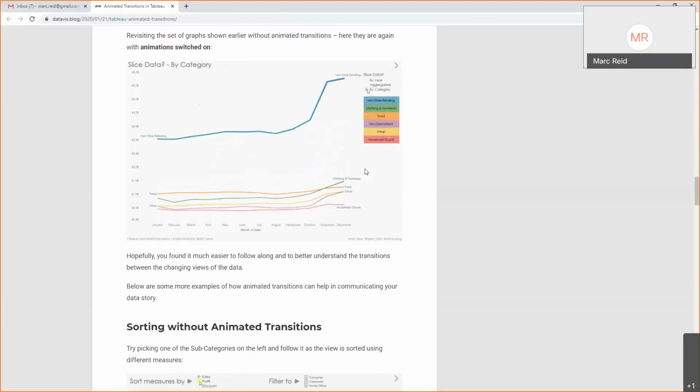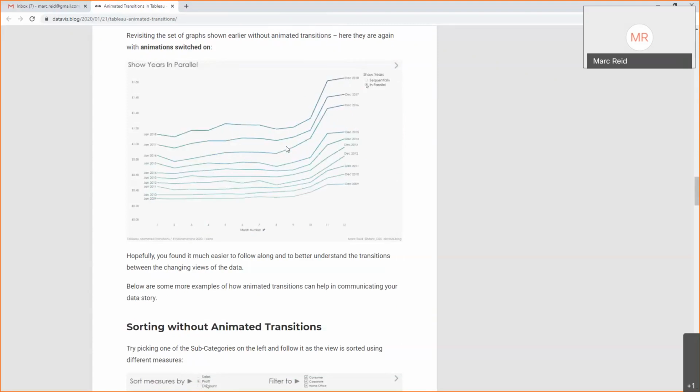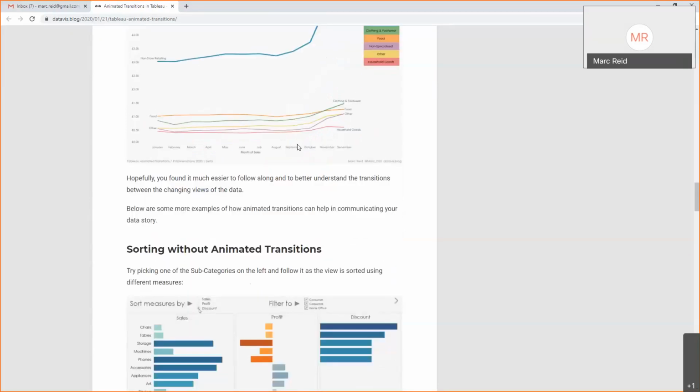So one thing I didn't really get into in this particular blog post was actually how you create these. That was something I always planned to do, was follow up this first blog post with a follow-on post and look at how you create these, some of the calculations, and what happens behind the scenes. And that's really what I'm looking to cover today.